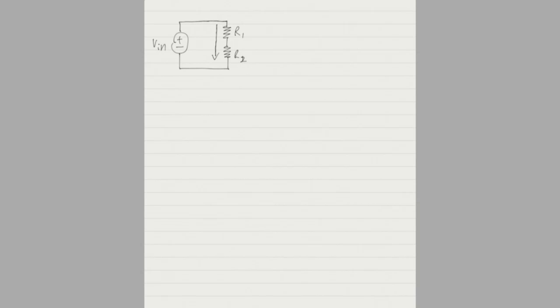In the case where this happens, this means that IR1 equals IR2 because of Kirchhoff's current law. So all of the current into this node is equal to all of the current out of the node. So because IR1 is equal to IR2,